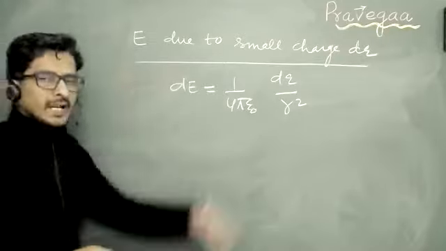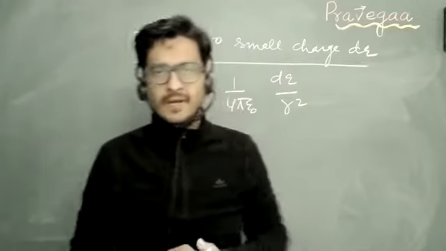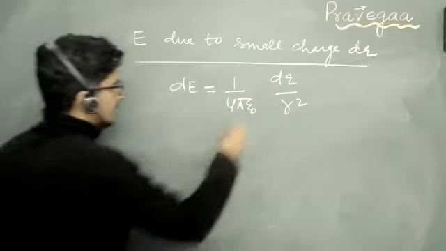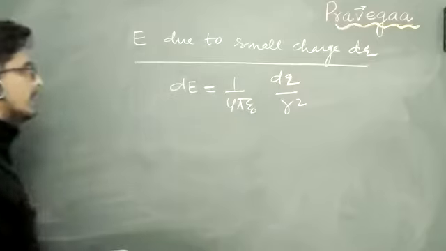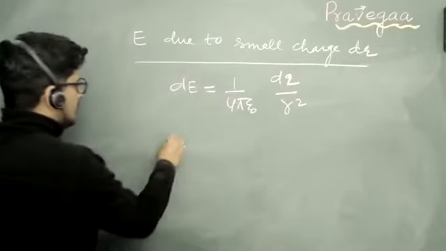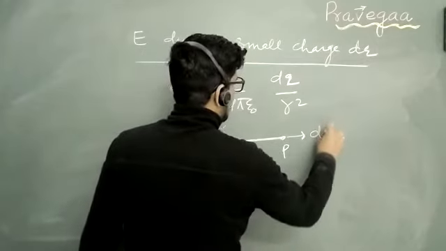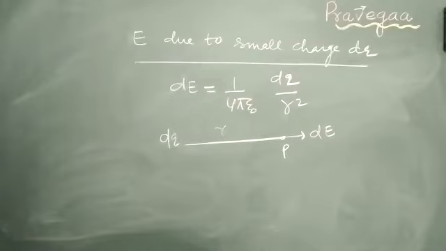This I will be using again and again in line charge density, surface charge density, everywhere. Once I introduce the spread of the charge, there also this small charge will be involved. Is this clear to everybody? dq is the charge and at a distance r, you want to get the field at P. So the value of electric field will be dE and it will be given by this formula. Yes? Yes, sir.